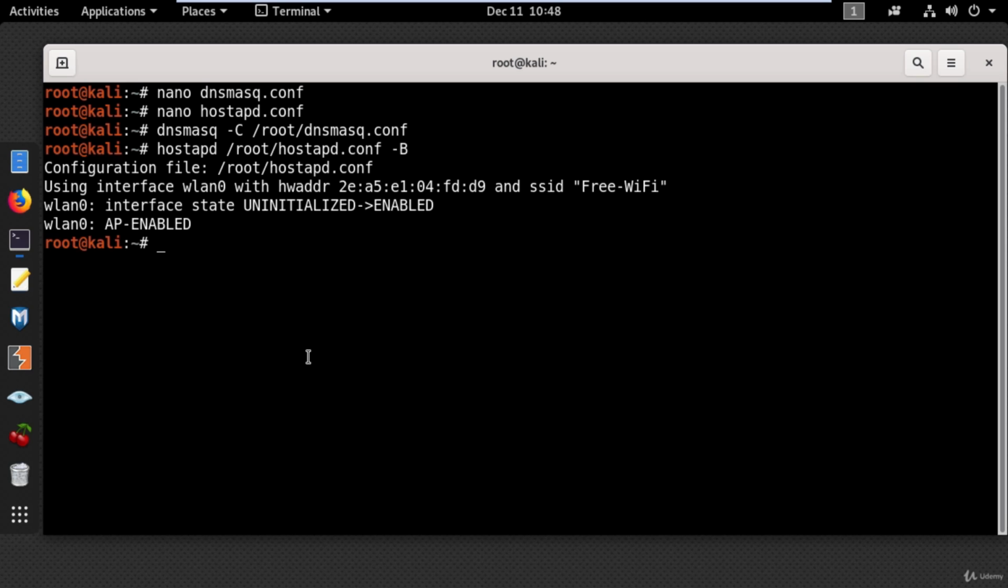And now I need to add the IP address for the wlan0 interface by typing ifconfig wlan0 and put 192.168.1.1/24 and press enter. Now the next thing is to set up the login page for the access point, and